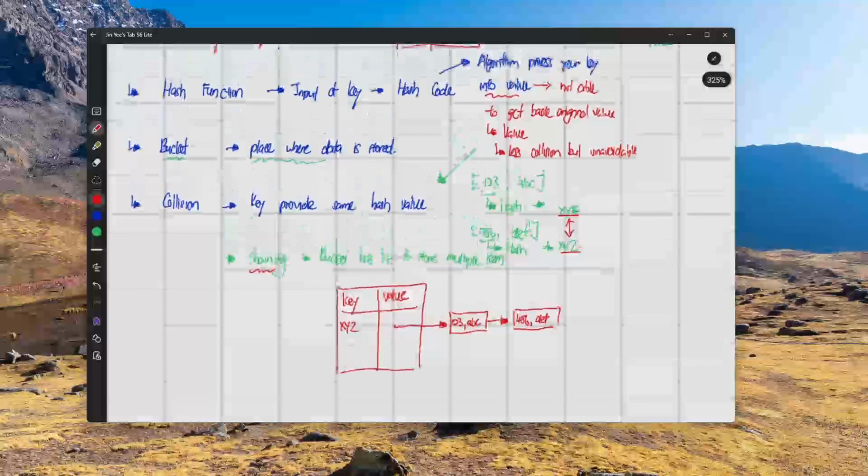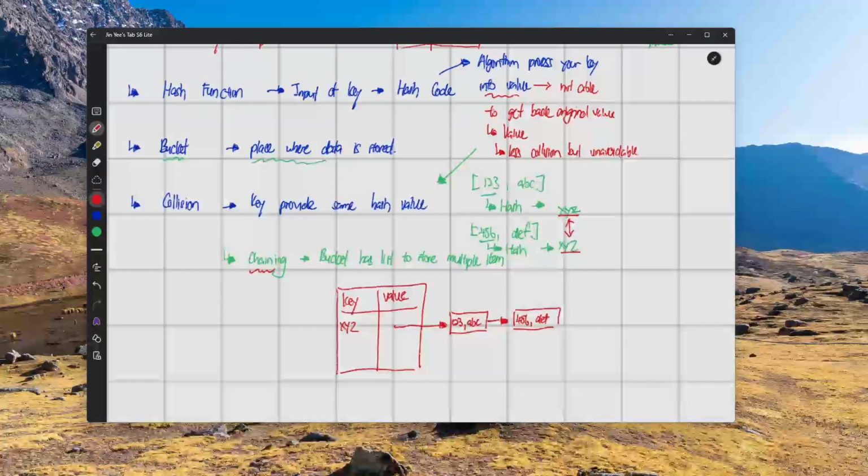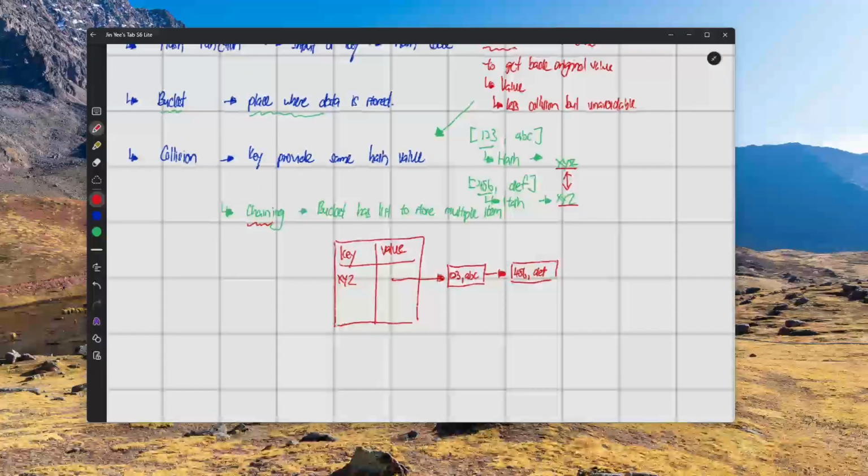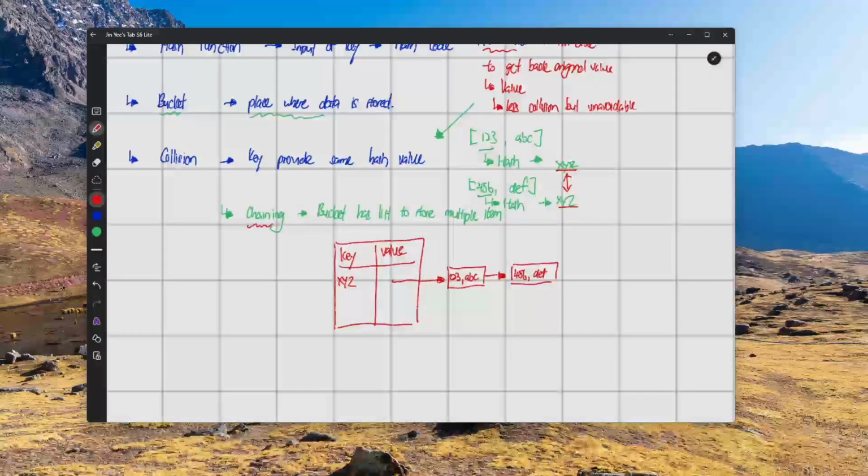Okay. So this will be the concept of hashing. In the later part, I will demo to you guys how we're going to create a